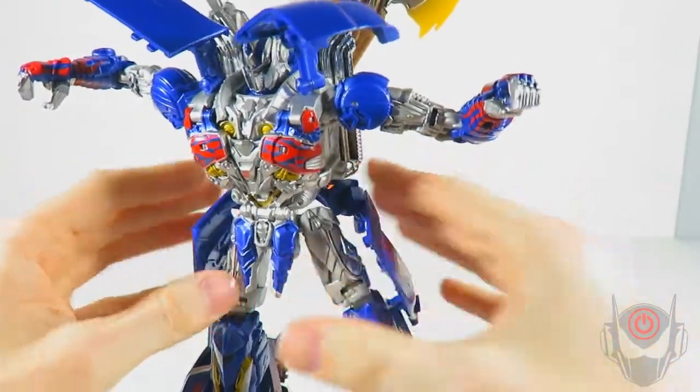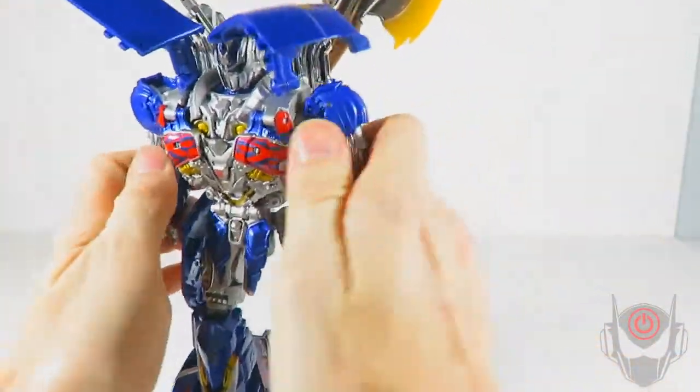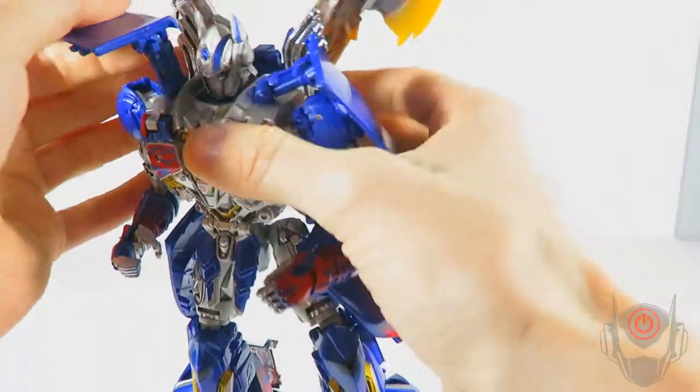He's loaded with paint apps. He's loaded with features. It just makes this figure so...